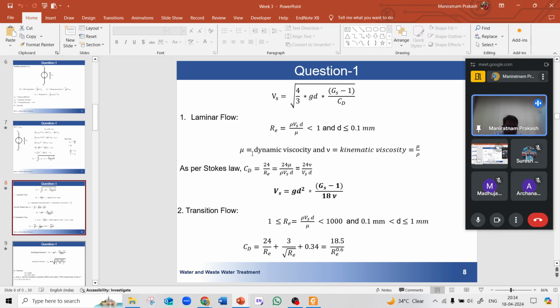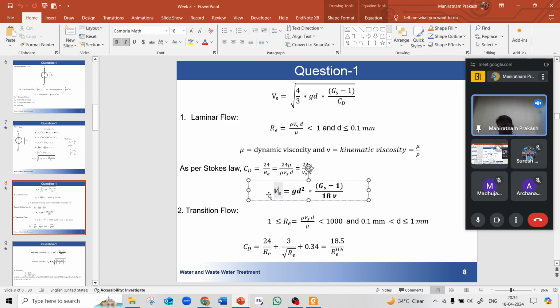That pumping station makes sure that only a limited amount of water is passed on to the upcoming treatment unit, because every treatment unit has a particular capacity. We cannot allow a huge amount of water to go into that treatment unit. So the flow is maintained in such a way that laminar flow is maintained. There are some cases of transition flow, but this is rarely seen. Most of the flow is laminar flow, and for laminar flow the settling velocity Vs